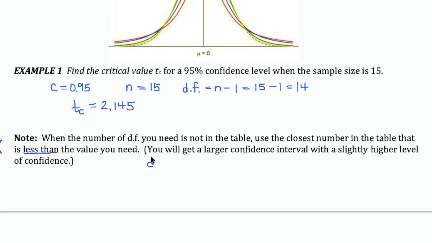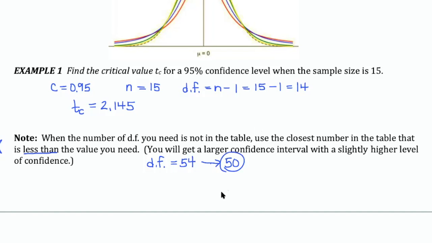So, in other words, if you were trying to look up degrees of freedom and it was 54, let's say, the closest number in the table that is less than 54 would be 50. So, in that instance, I would use 50 degrees of freedom. This will result in having a slightly larger confidence interval with a slightly higher level of confidence, but provides a